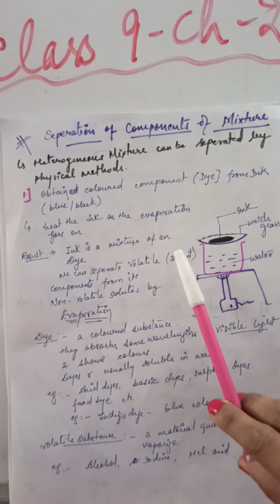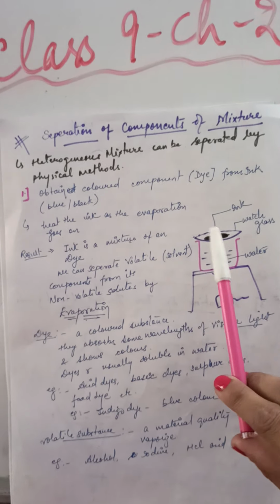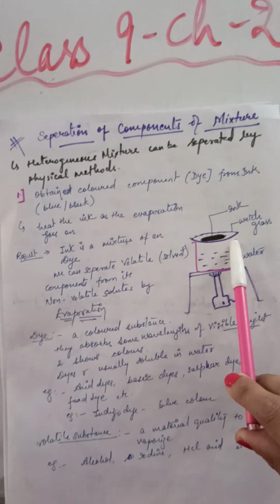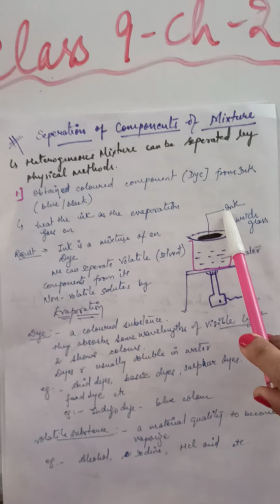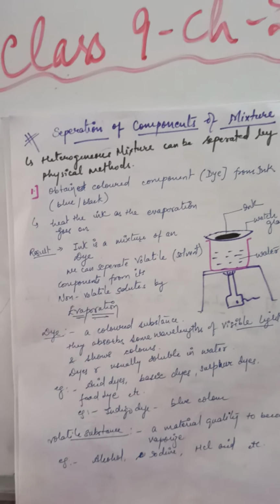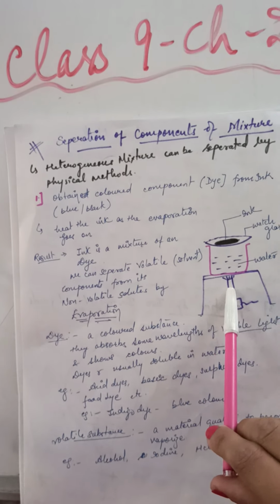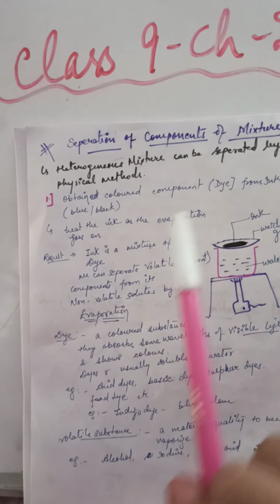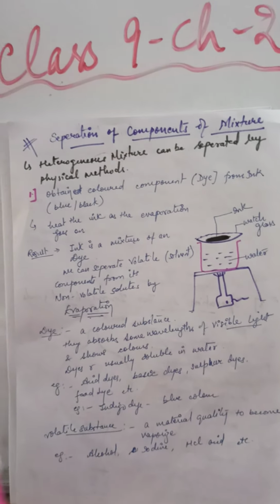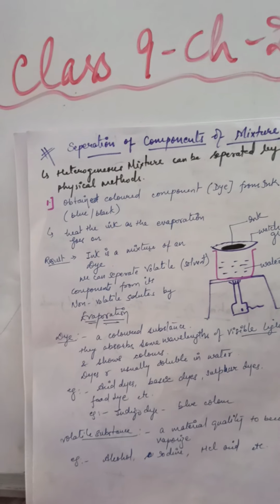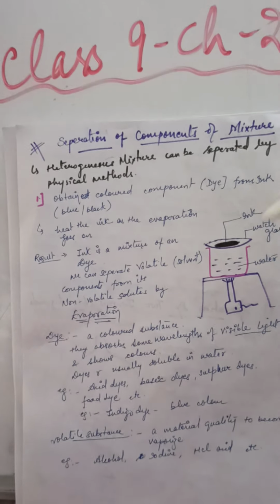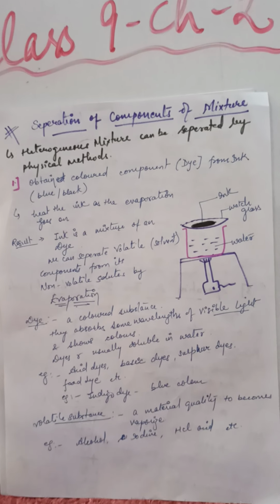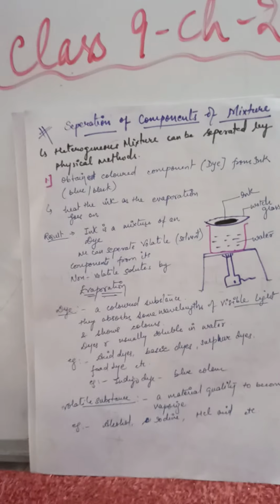We have to take a beaker filled with water, and above this beaker we place a watch glass in which we take ink. Ink can be blue or black, right? Now we have to heat the mixture and observe the following things. The important condition is that evaporation has to take place. Then we stop heating once the vapor starts forming. Now heat the ink as the evaporation goes on. After some time we will get a result.